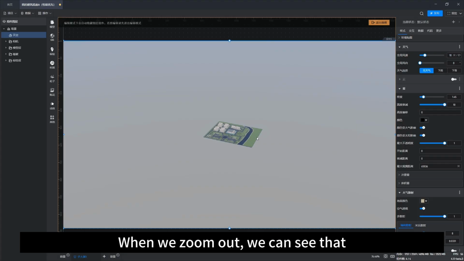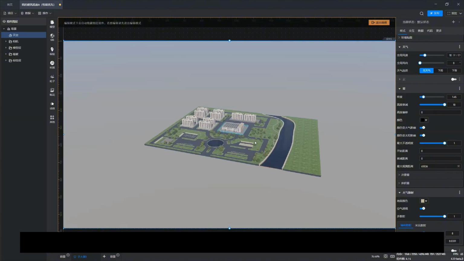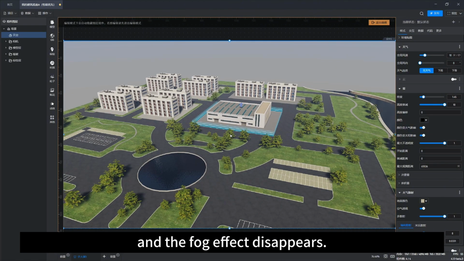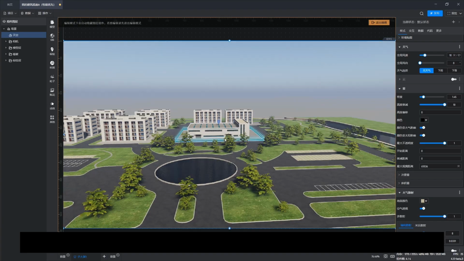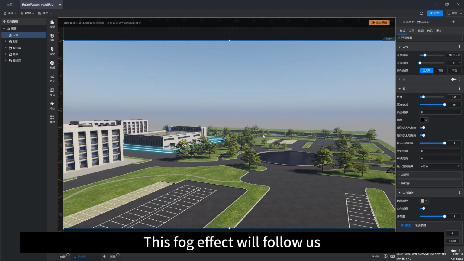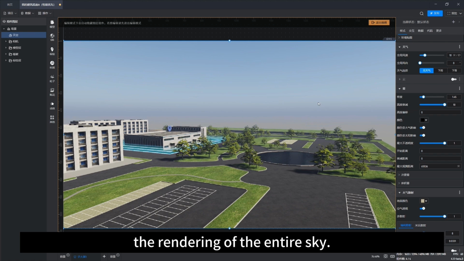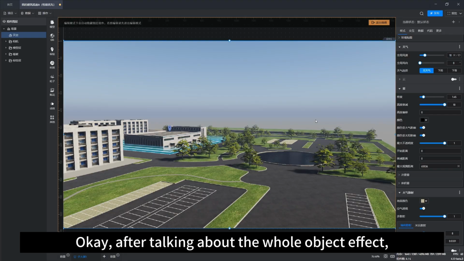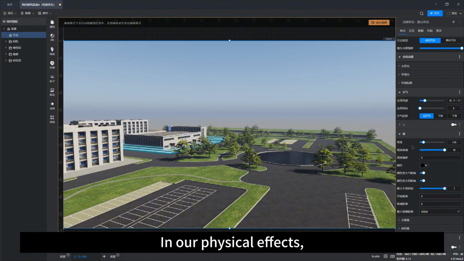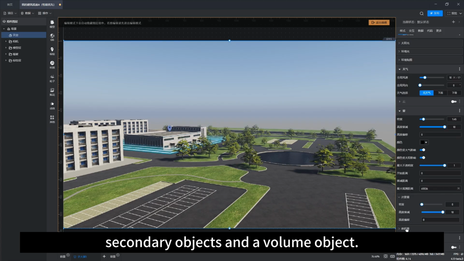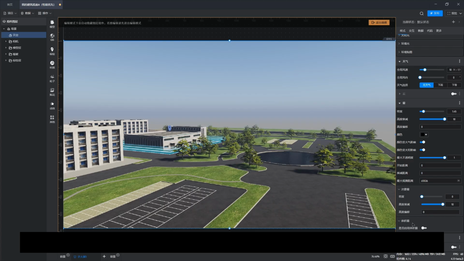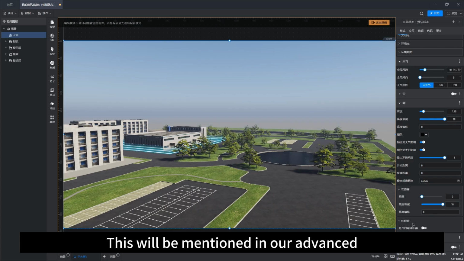When we zoom out, we can see that there is a faint bluish feeling. We push it up, and the fog effect disappears. This fog effect will follow us, and the rendering of the entire sky can blend in. Okay, after talking about the fog effect, besides the height fog, we also provide secondary fog and a volume fog. This will be mentioned in our advanced